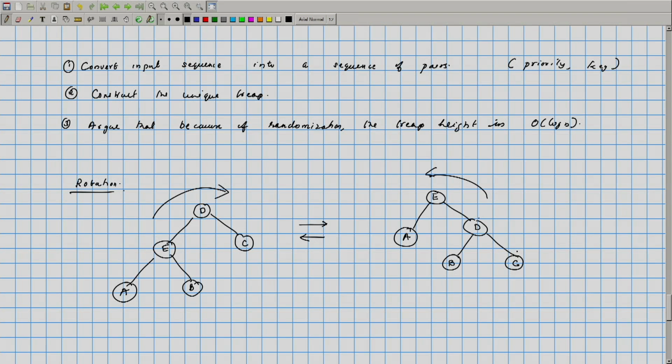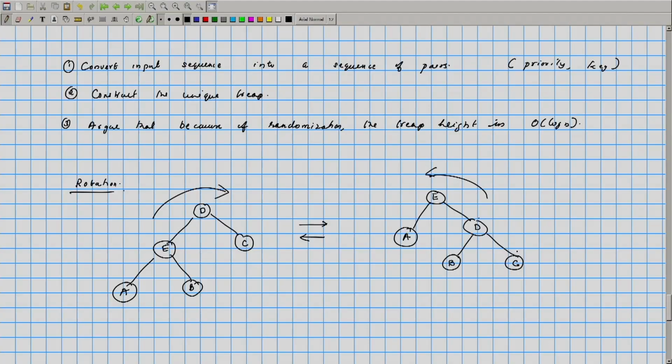So, this is an operation, left rotation and right rotation, which is well defined for binary search trees. In a priority queue also we can think about these operations, but they might destroy the priorities. We will see whether we can do these kinds of operations on treaps. If you rotate it in this way, there were some existing key values at these particular nodes. So, the key observation is that